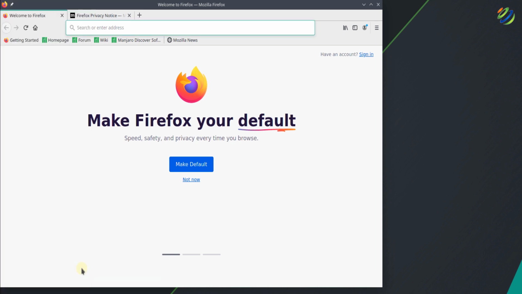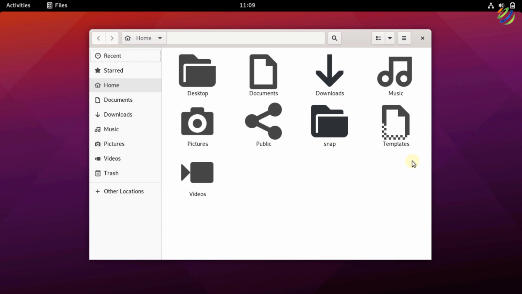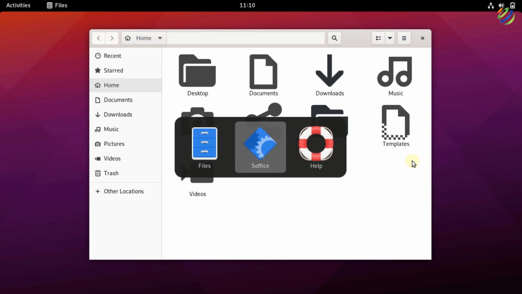So let's head back to our GNOME 40. If I press Alt plus Tab here, it is giving me the option to go to any application which is open right now. And as you know, I have opened these applications in different workspaces. So in GNOME 40, we have the option to go to different applications even if they are open in different workspaces. And that is not the case in KDE Plasma. So we came to know that GNOME 40 allows us more functionality, more ease of use, and allows us to handle things in a more sophisticated way.